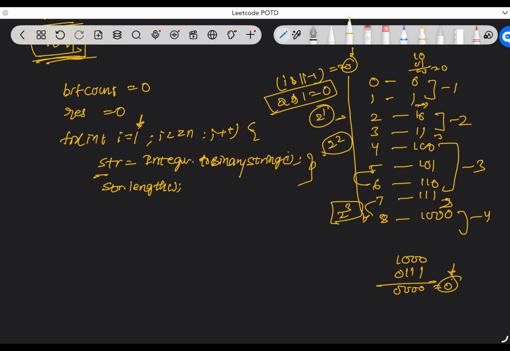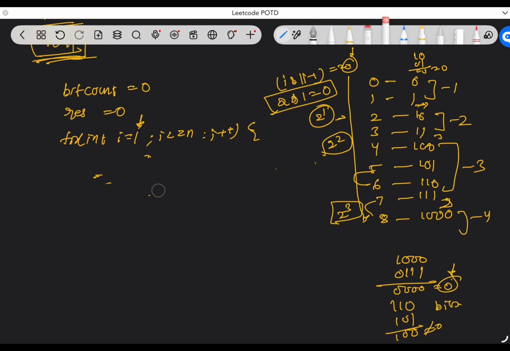If we do other numbers like 6 and 5, which is 1 1 0 and 1 0 1, we get 1 0 0, which is not equal to 0, that means the bit count is the same. So to find whether a bit is added or not, we can use this logic: i and i minus 1. So I will replace this code. I will check if i and i minus 1 is double equals to 0, then I will update the bit